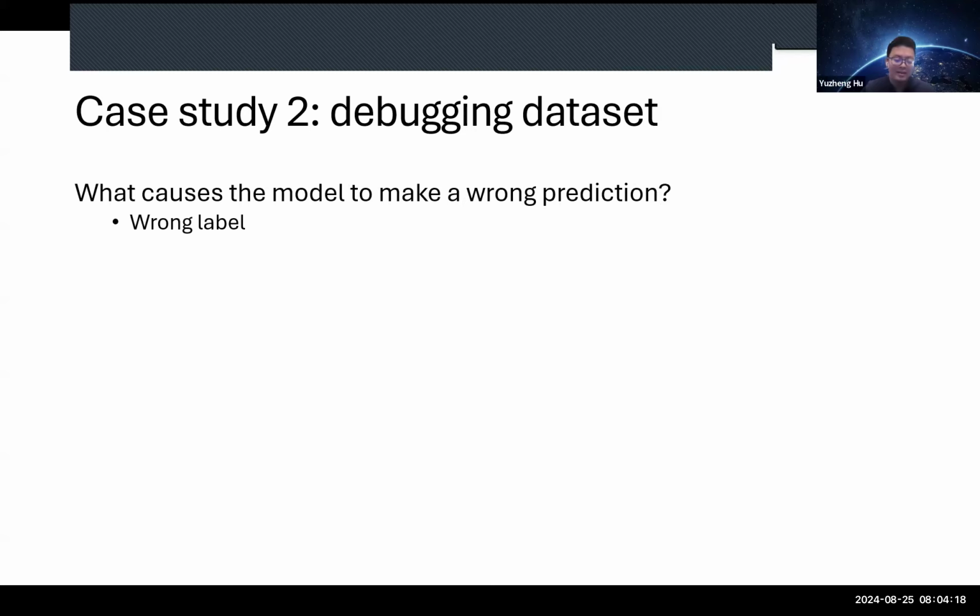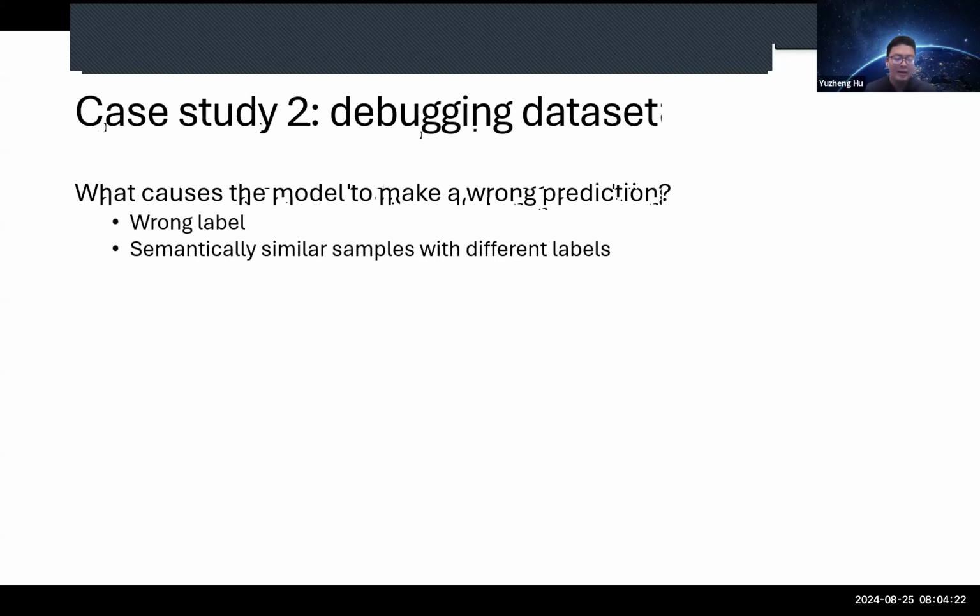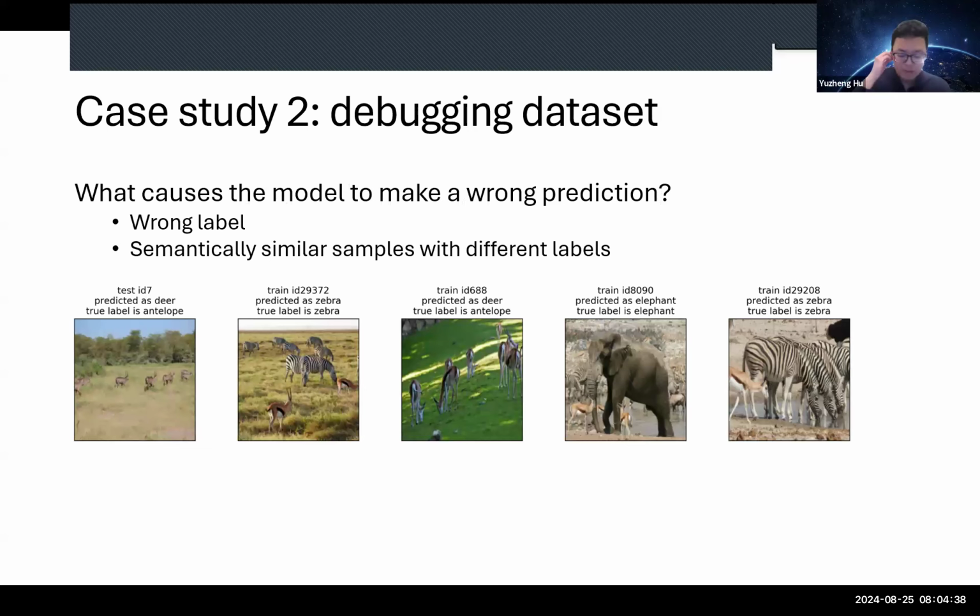For instance, data samples with wrong labels, and also, as we just saw, semantically similar samples with different labels. So I think both of them are very intuitive answers to these questions. These are all possible explanations why models will make a wrong prediction. But the authors